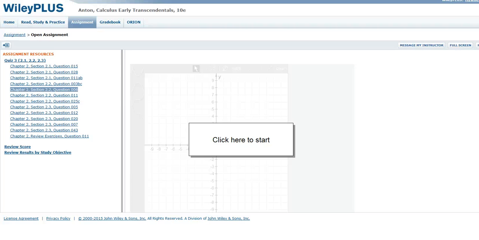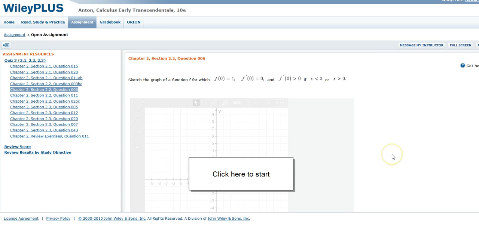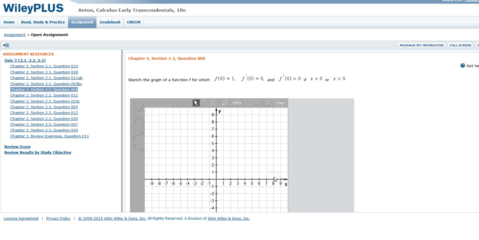So the point of this video is to go over some questions on the quiz. And the first one we're going to look at is question 6. So if we go back, you need to be able to interpret the derivative, because in chapter 4 we're going to do some things with some graphs. So sketch the graph of the function for which the value of the function at 0